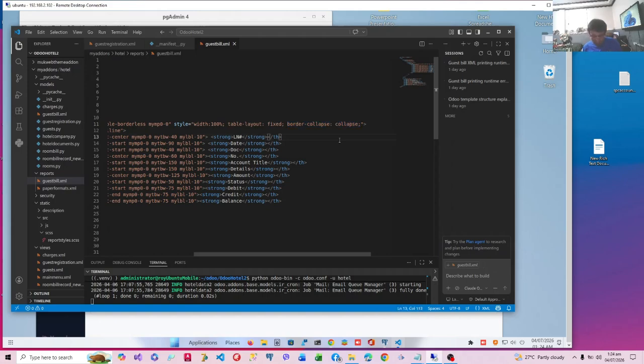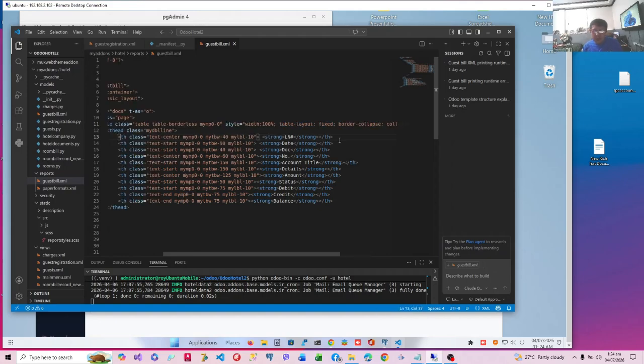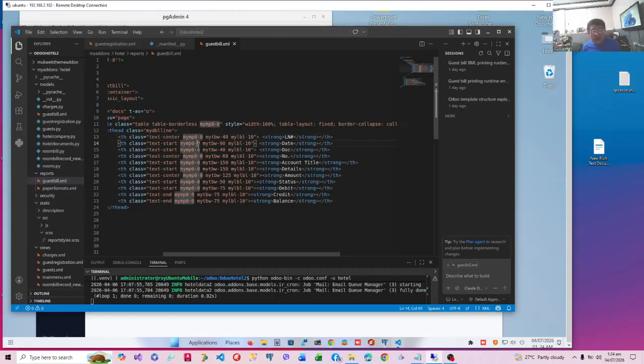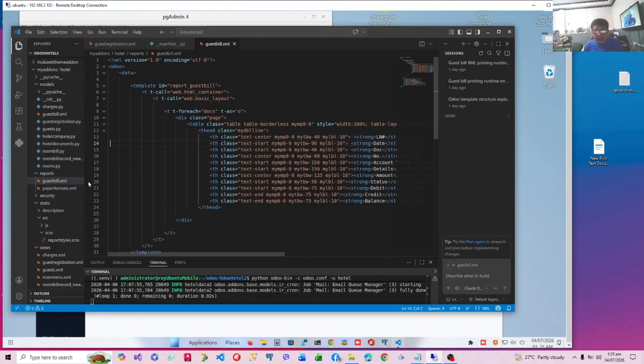This is very well explained in many CSS tutorials. In fact, I have a series on CSS. I think I've discussed tables there. So border collapse will just collapse tables, but this is borderless anyway. We'll find out why later, no? Because we will assign border classes. For example, in our t head, we have assigned my double line.